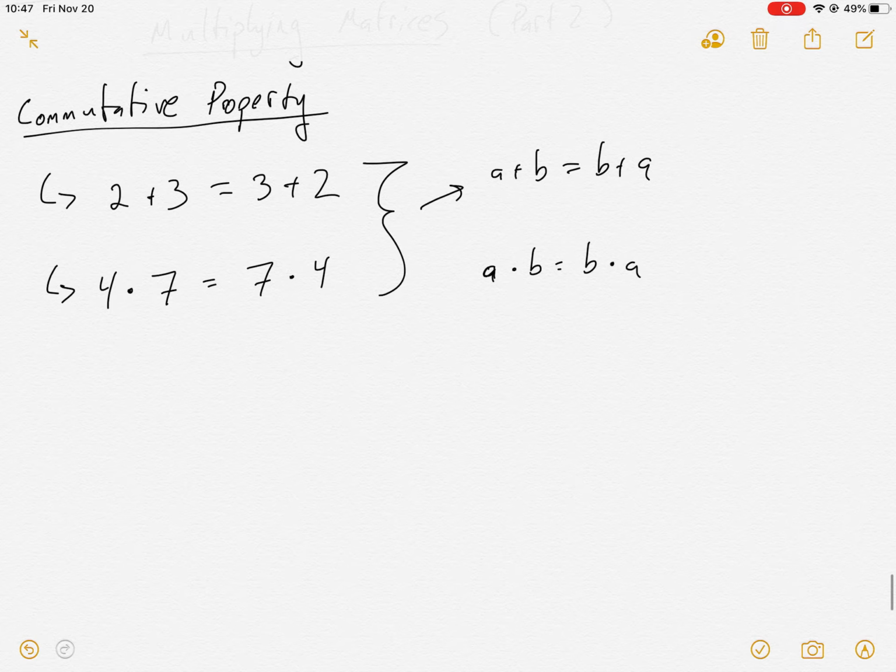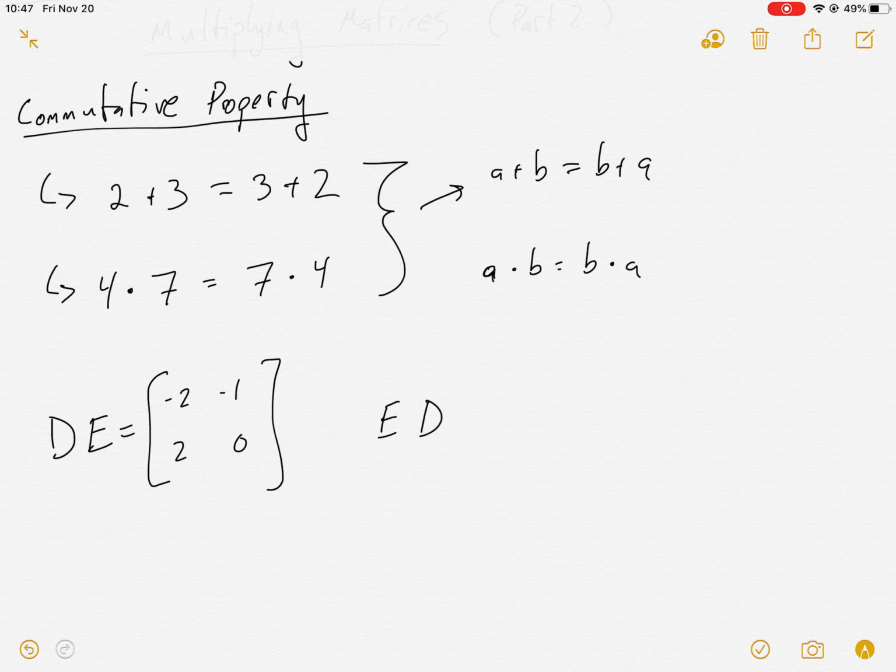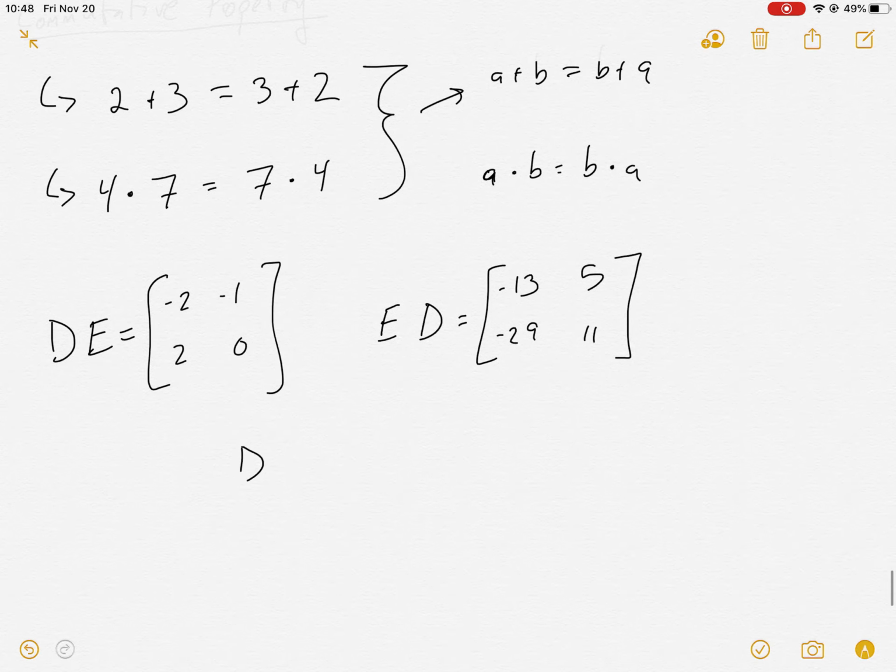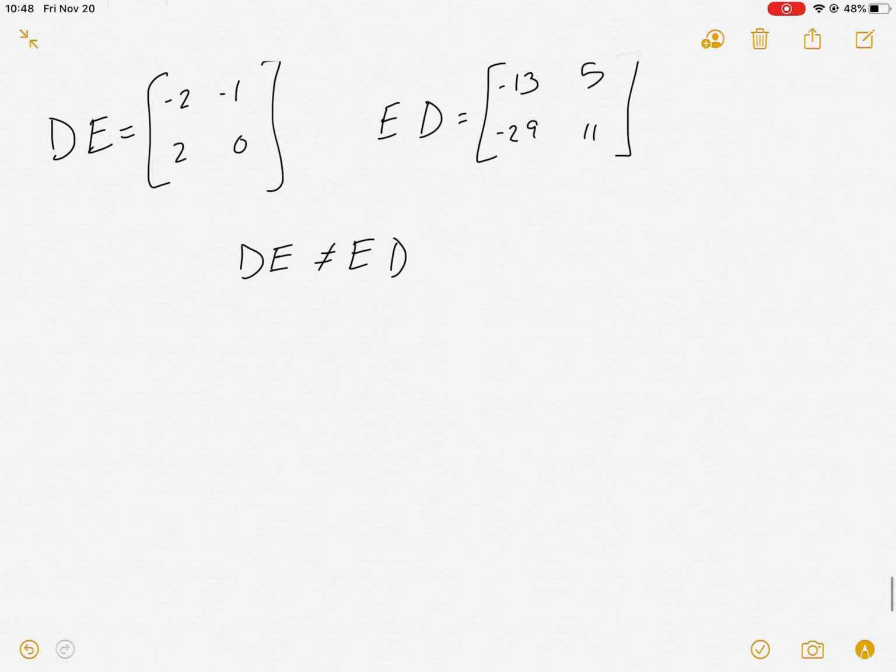However, in the previous video, we showed that when I took D times E, I ended up with -2, -1, 2, and 0. But when I did E times D, I got something different. So you can always go back and look at the previous video or your notes, but notice that I actually got something different. So in this case, D times E did not equal E times D. So for matrices,